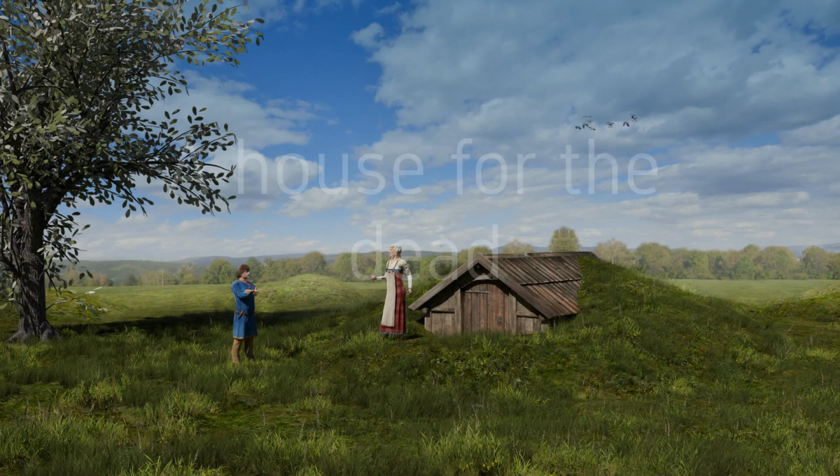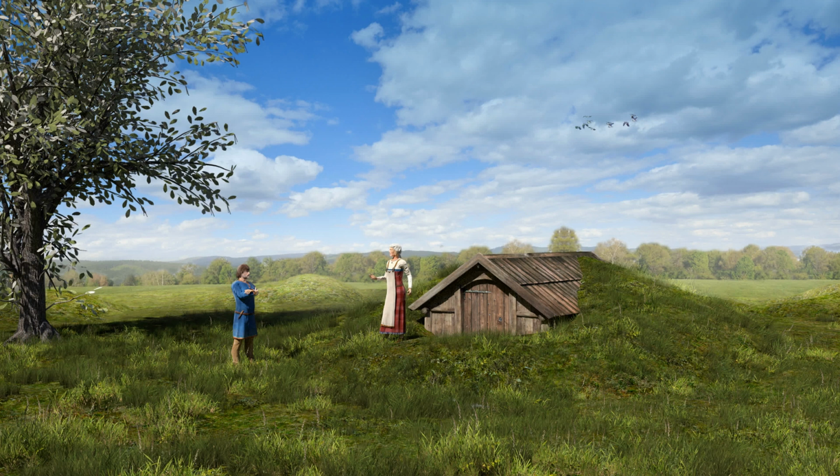A house for the dead. Archaeologists have unearthed a Viking Age mortuary house which gives us a glimpse into how the Vikings dealt with their deceased relatives. Houses like these are rare, and little is known about why the Vikings built them into certain burial